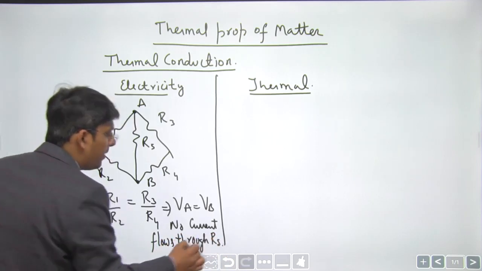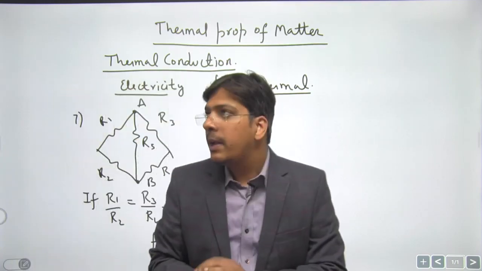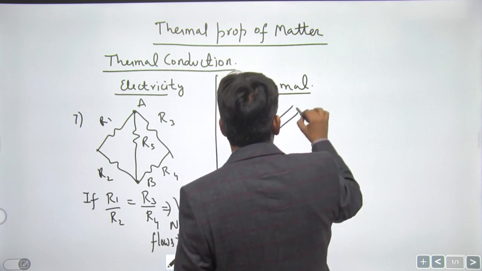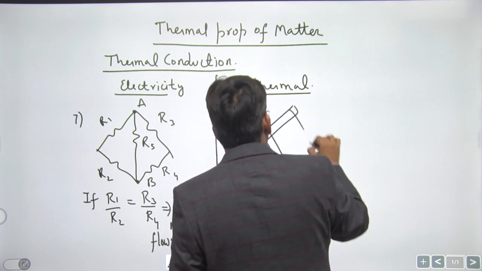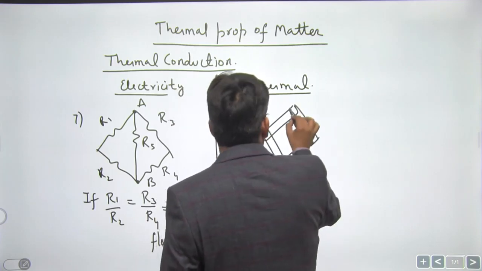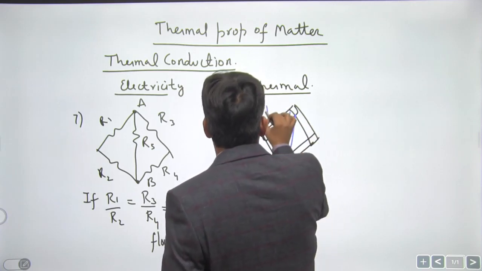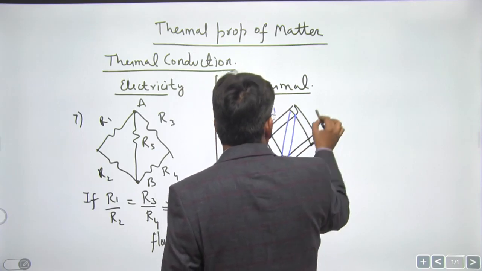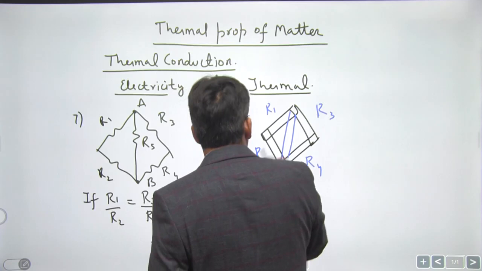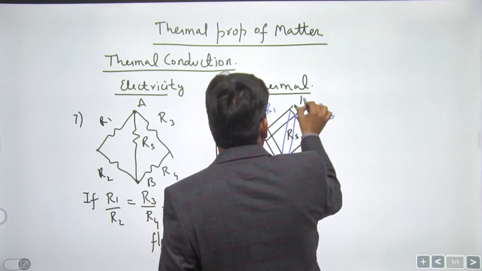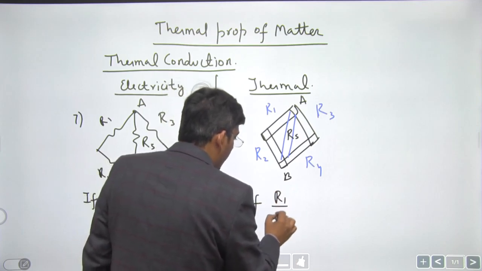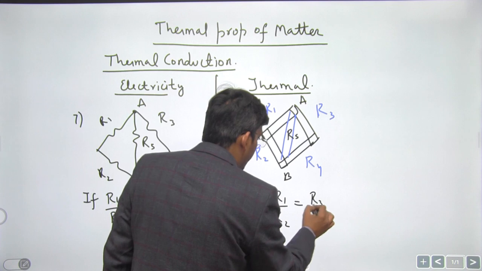Dear students, similarly we have a Wheatstone bridge for conducting slabs, and what is that? We have a conducting slab, one more conducting slab, another conducting slab, one more conducting slab, and a conducting slab in between. So this has thermal resistance R1, R2, R3, R4, and obviously the middle one has thermal resistance R5. So if the Wheatstone bridge is balanced, that is if R1 divided by R2 is equal to R3 divided by R4,